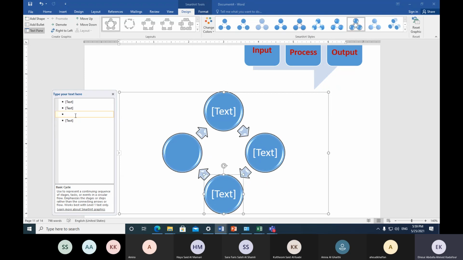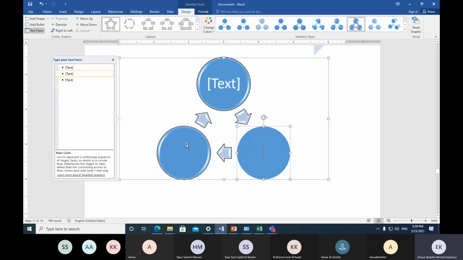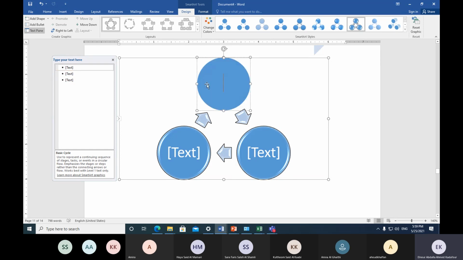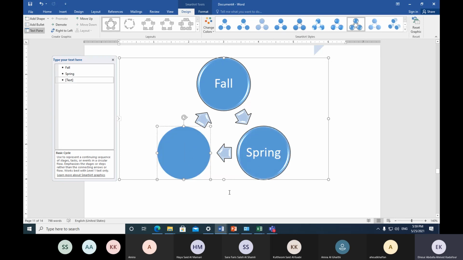I can make some change of this shape. Yes, I can. Now I have 3 semesters only: the first semester, second semester, and third semester. That is fall, spring, and summer, right? Such a way. So I'm customizing the text to my needs. This is our summer semester. Okay. Such a way. So it is a life cycle. What I have in this semester, what I have in this semester, by this way. So this is the idea behind